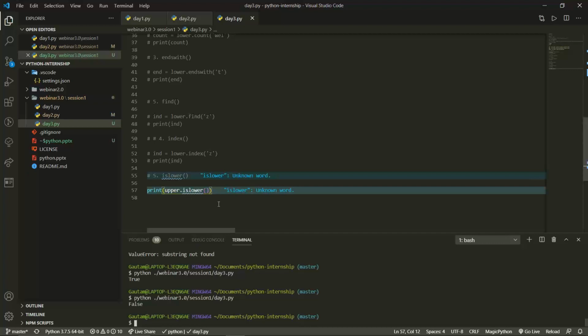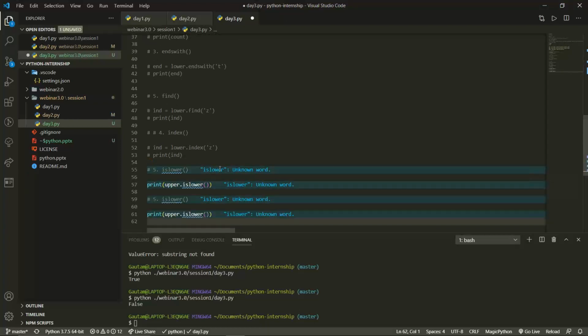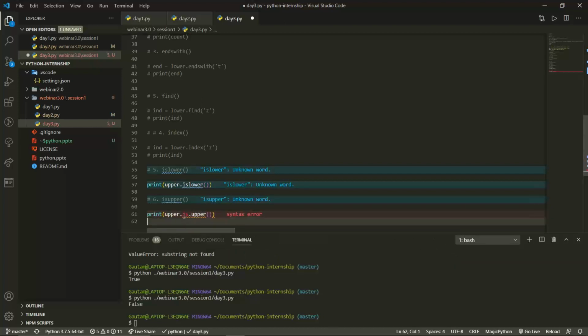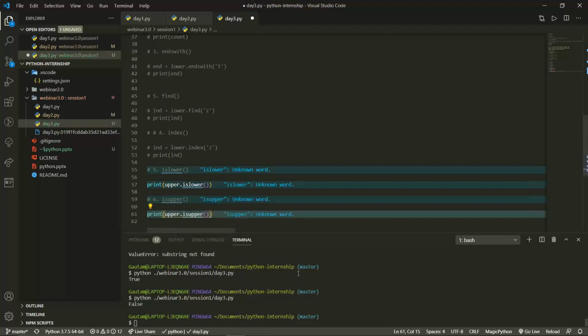Similarly, there is another one, isUpper. In the sixth, we're going to go for isUpper, and over here we're going to write isUpper.